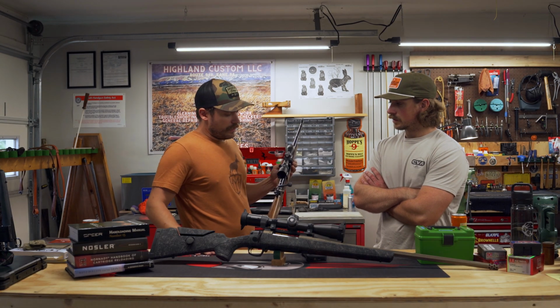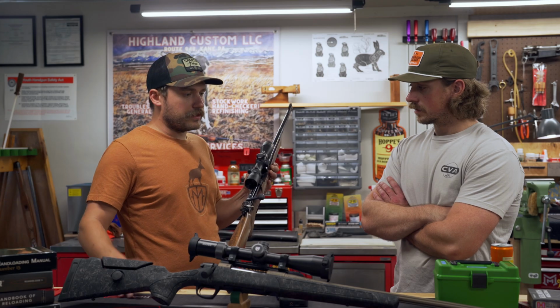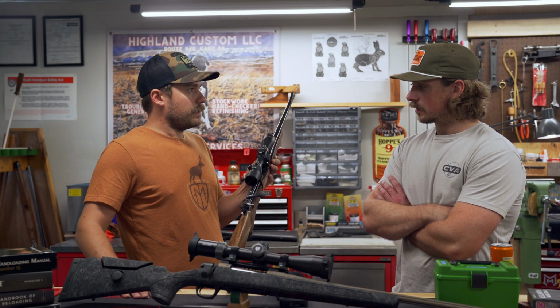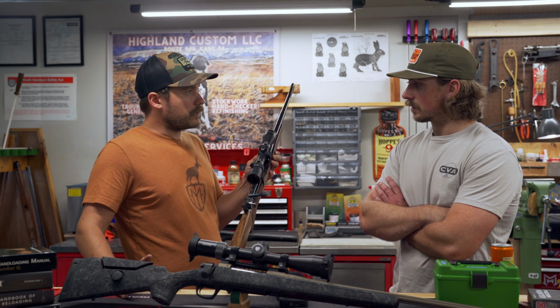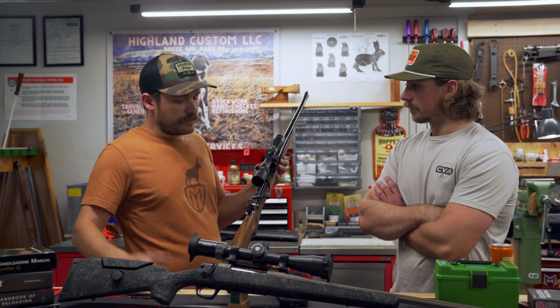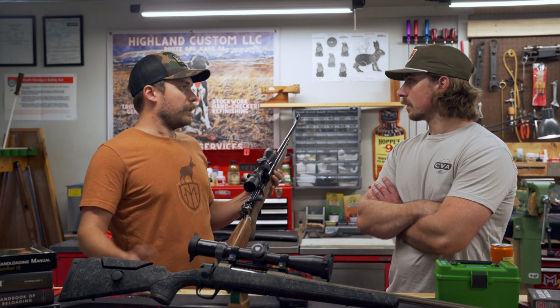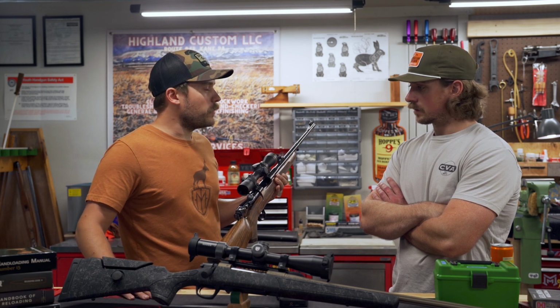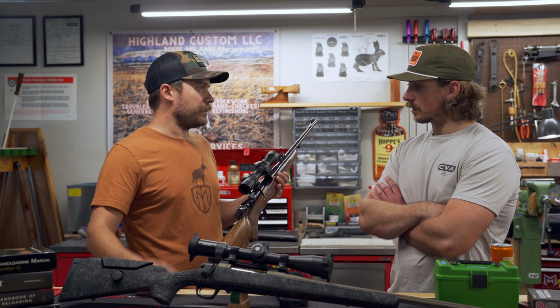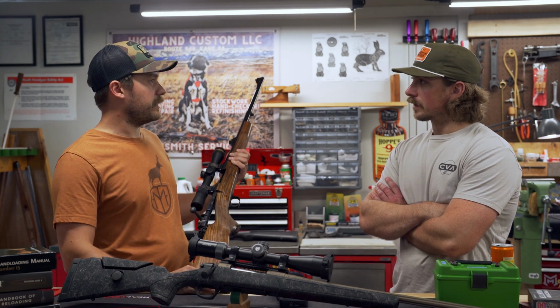It's a 270, but I've used it to kill, I don't know numbers, lots of antelope, a few deer, elk, sheep. My sheep, yeah. So I've used it for all kinds of stuff, right? And I'm gonna take it for moose next year. And it is kind of to prove a point a little bit, but it's also just to kind of build a story with one rifle,